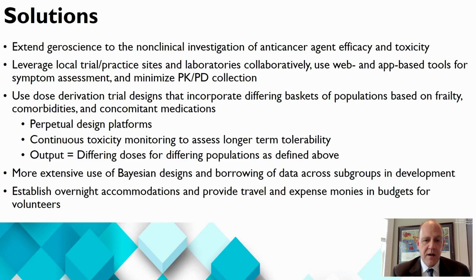And then think about continuing toxicity monitoring, again, moving beyond cycle 1 to assess tolerability of grade 1 and 2 adverse events that might be more perpetual. And then again, think also about differing doses. We need to use the more extensive Bayesian designs to ensure that we get more data at dose bands that are robust and that we can use across areas. And all this is based upon the idea that we've opened the gates more to older adults and frail populations.